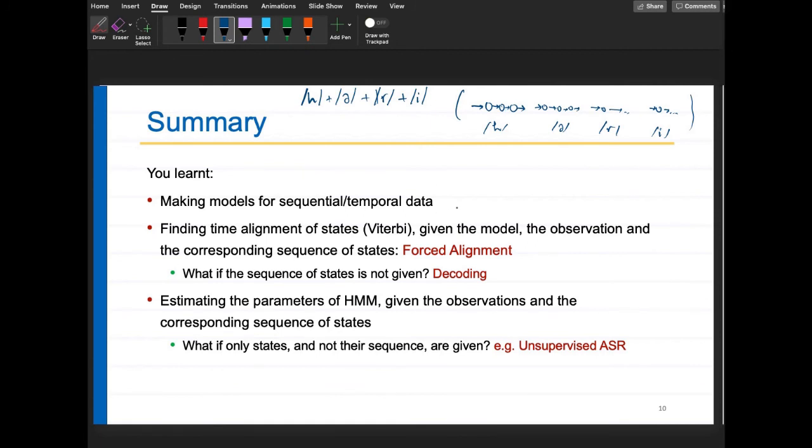If I give you a speech waveform saying Hari, tell me, when does H start and end? When does A start and end? When does R start and end? And when does E start and end? Can you tell me? I give you the HMM models for H, A, R, E, and I have given you this new speech recording. Can you find out the alignments? How will you do that?